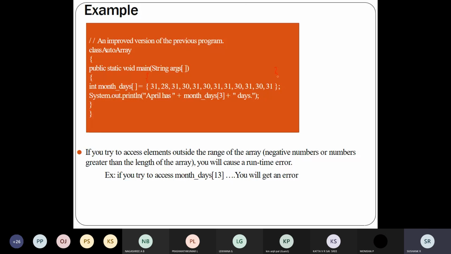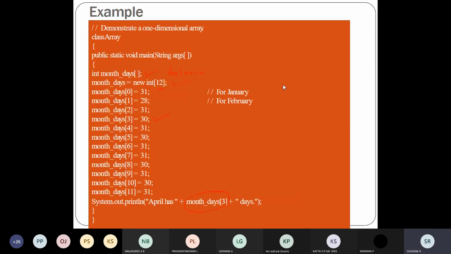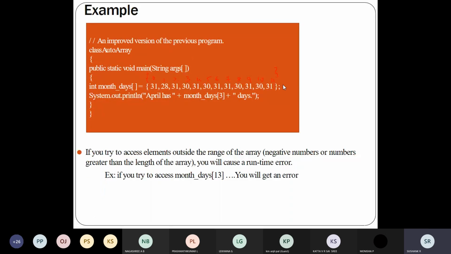See here, 0 will contain 0, 1, 2, 3, 4, 5, 6, 7, 8, 9, 10, 11. So you can initialize the value in separate lines like this, or you can initialize it during the declaration itself. So it is left to you. It is the option given to you.